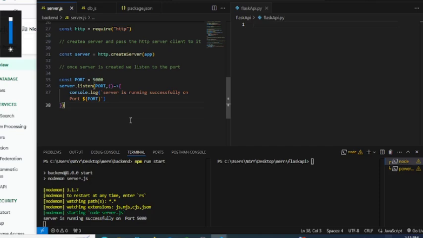So basically this is what the .env does. How can we use the .env? It's very easy, just create a file. Either you do Ctrl+B or just click on this explorer,